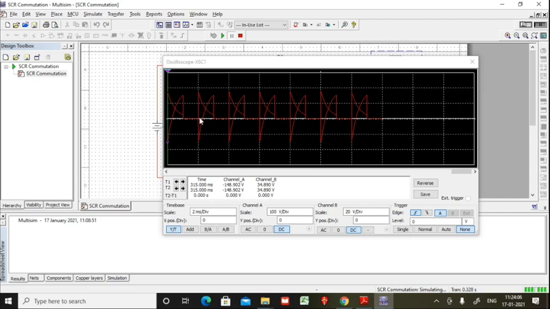So this is the current through the auxiliary thyristor, this signal. It is decreasing here. So current is there through the auxiliary thyristor TA, and it is flowing to TM, so it is opposite to that. So once the opposite current flows, it gets off. So this is the experiment you have to conduct and show. So that's all about this experiment. Thank you.